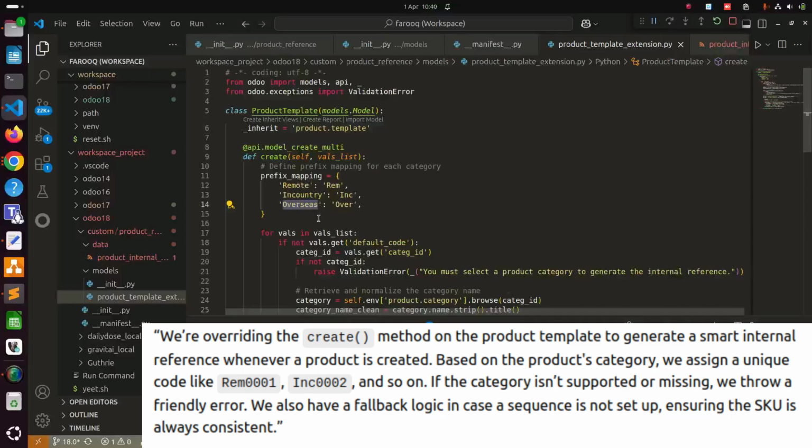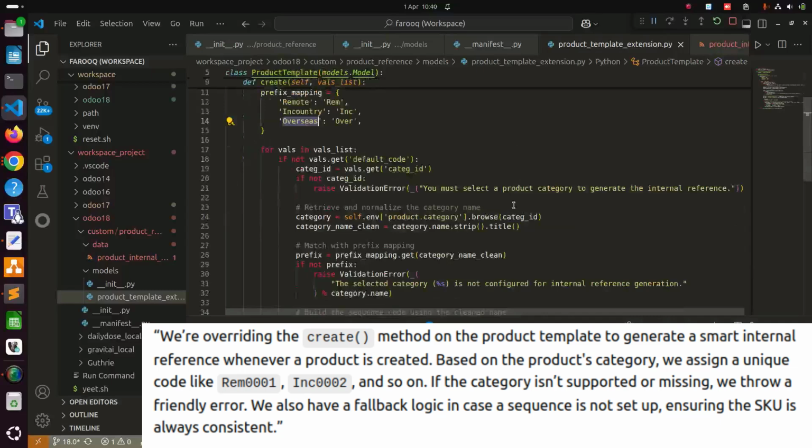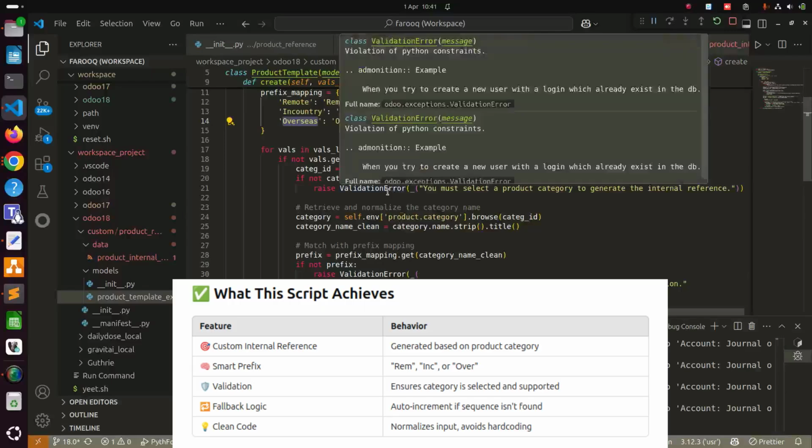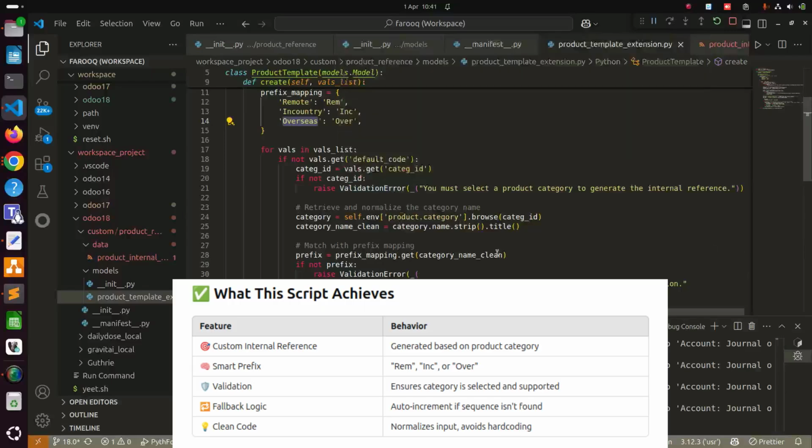These prefixes will be used in our internal references, default_code. Then for vals in vals_list, we are iterating over the products being created, handling each product's creation data, vals, individually,